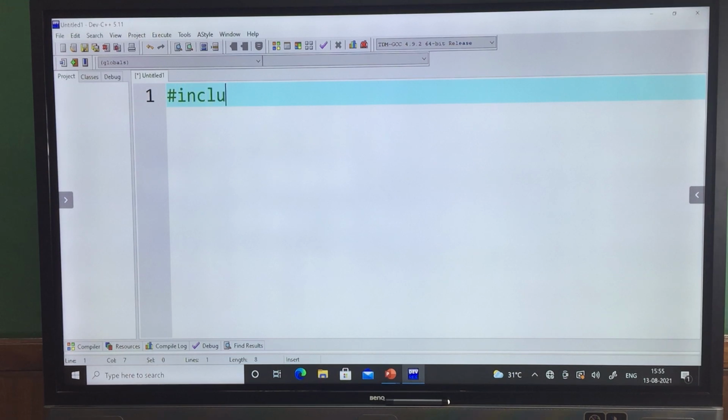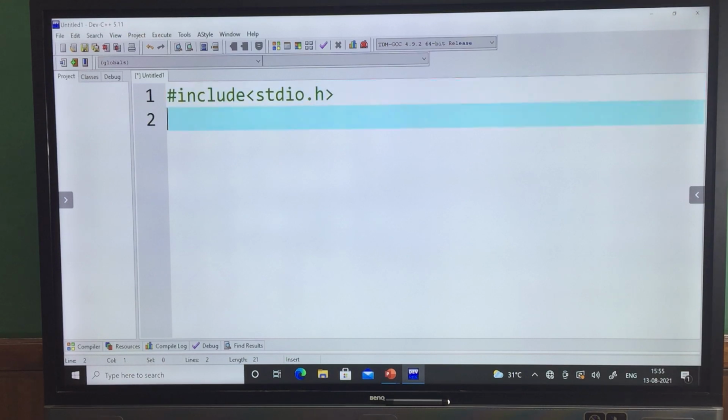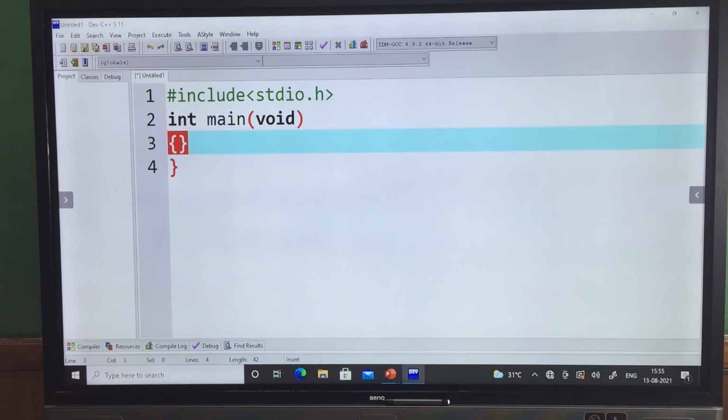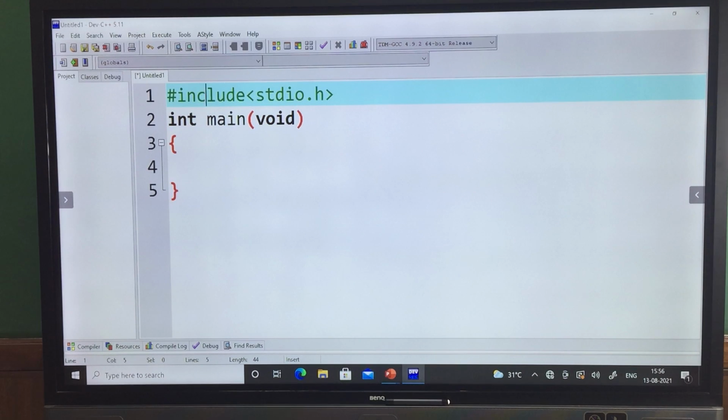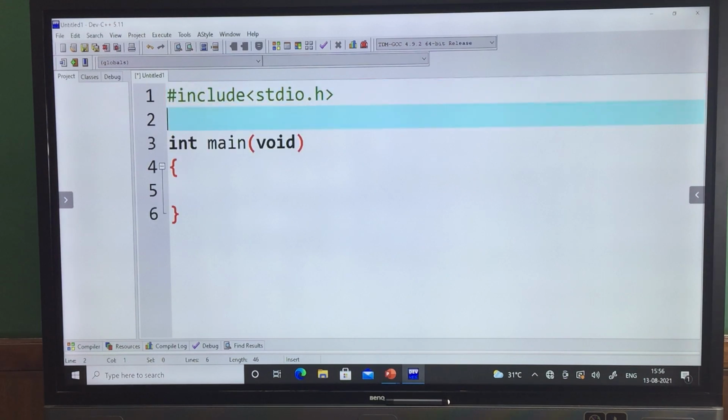We need to put #include <stdio.h>. Then put your main function, int main(void). Before the main, we have to declare the sample structure using typedef followed by struct.